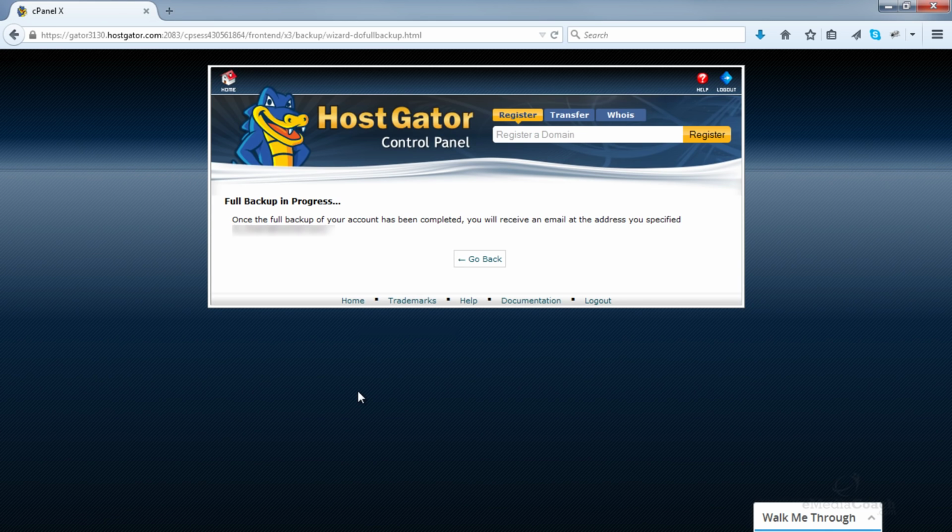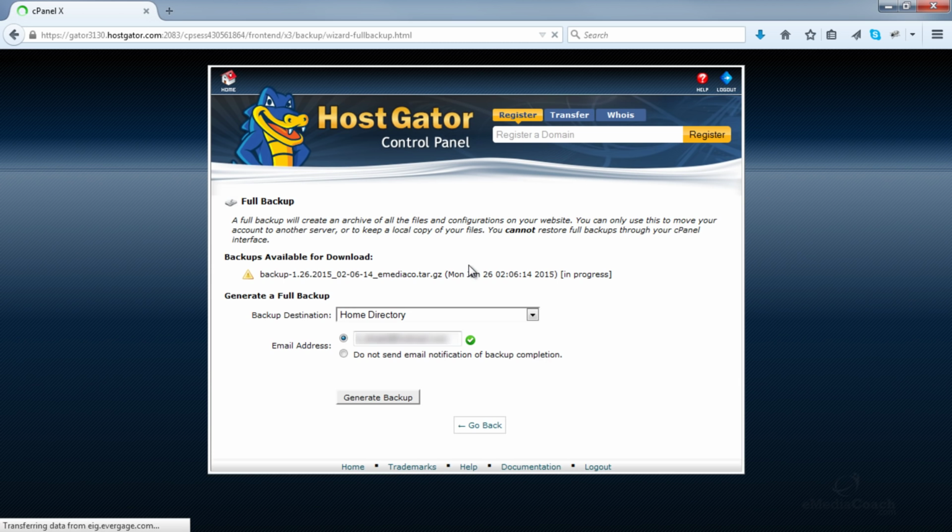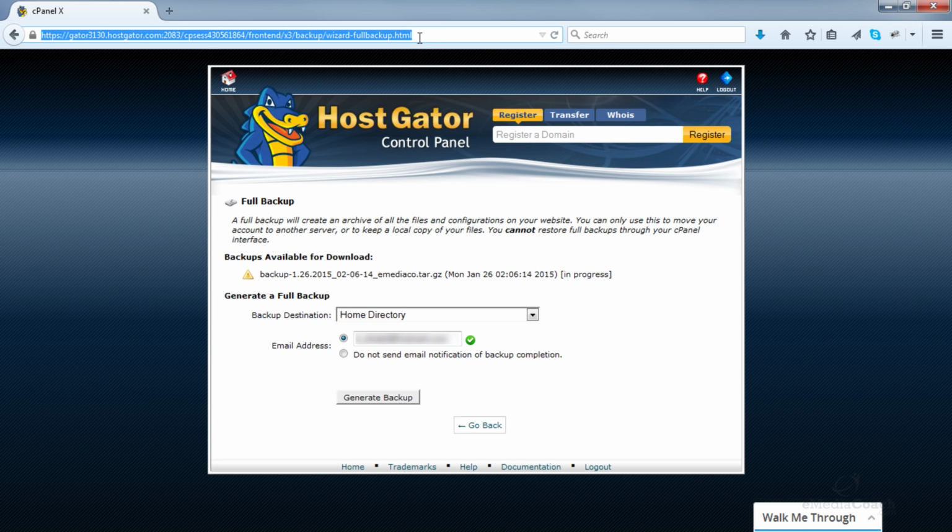This will create a backup in the background. You'll see that the backup is in the middle of generating. Refresh this page every 5-10 minutes, and when it's done, you'll be able to download the backup to your computer.